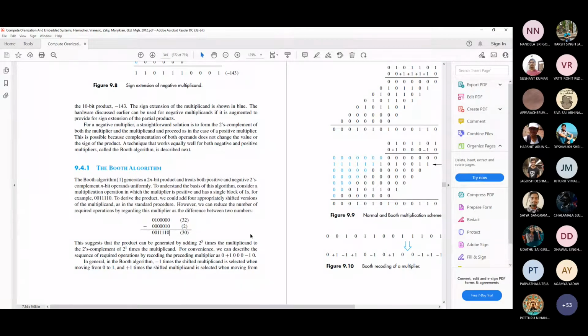So even if you skip addition during those 3 zeros, you don't need addition, because only shifting will be sufficient. But there are 4 consecutive ones and you require 4 additions. Each addition has its own time. It takes time. So is it possible to reduce this number of additions? That is the primary objective.